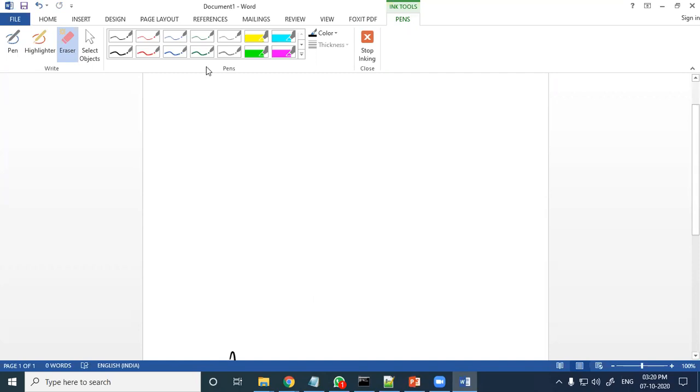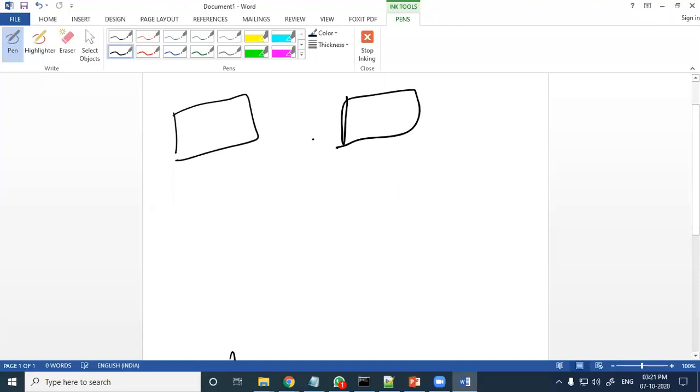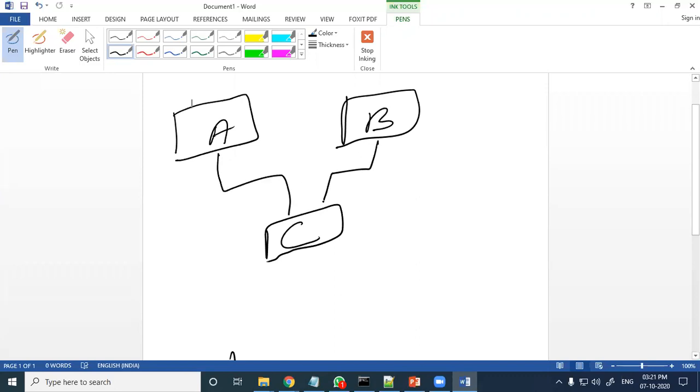Multiple is when there is more than one parent. Suppose A is a parent, B is a parent, and C is the child, then this is called multiple inheritance. Remember, people make mistakes here.